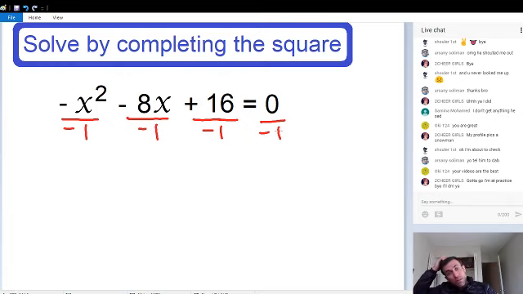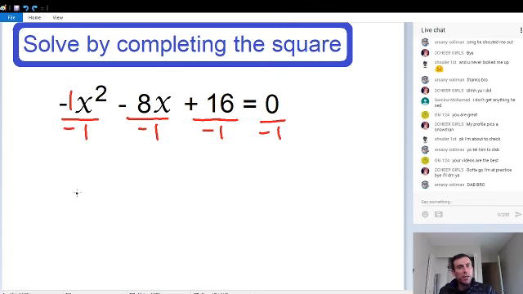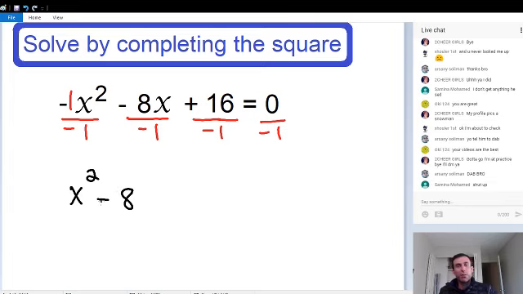All right. Once again, you can imagine that there is a negative 1 in front of this x squared term. Okay, so now by doing this, notice on the left-hand side of the equation, the negative 1 and the negative 1 cancel each other out, and the only thing we're left with is just x squared. So now we've got rid of that constant in front of our x squared, and now we can move on to step number 2. So we have x squared, negative 8 over negative 1 is equal to positive 8,